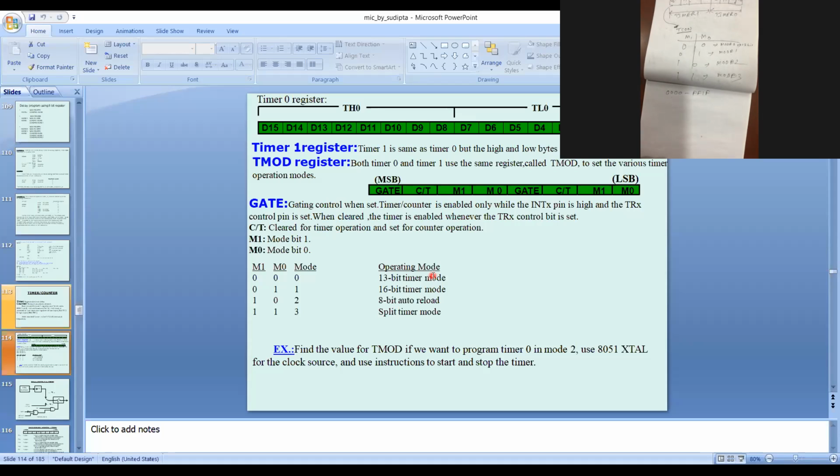Okay? Yes, sir. Here, 8 bits are for THx and 5 bits are for TLx.